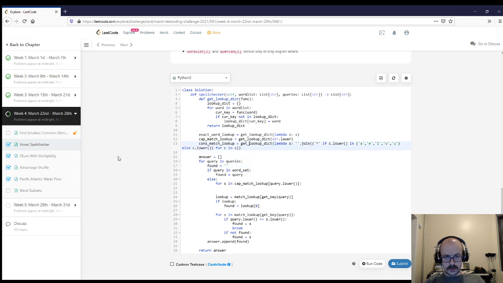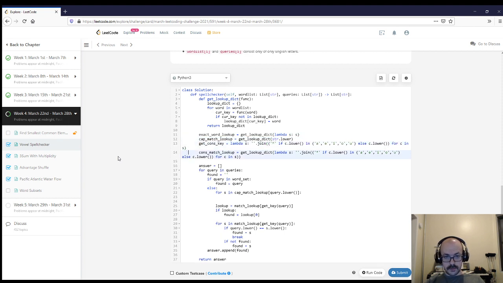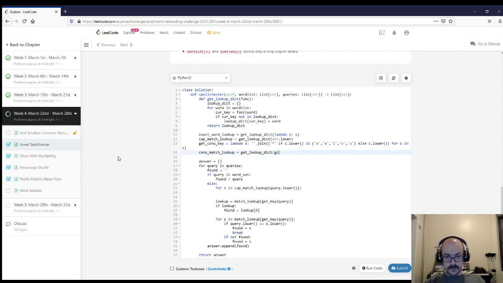Oh no, we do need this as a variable, sorry. If there's an exact match, so if query in